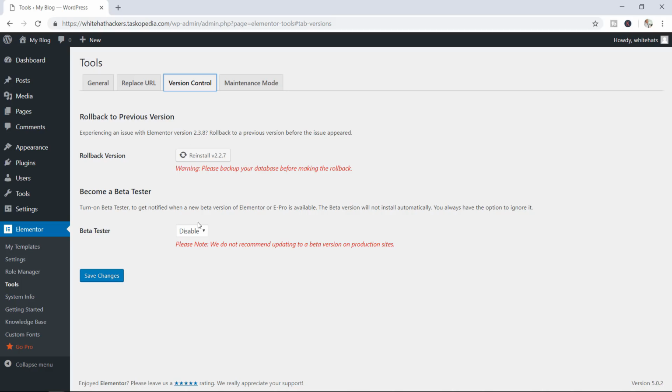Now over here, you can also opt to become a beta tester. If you're not familiar with this concept, typically whenever developers of a plugin are working on a new version of that plugin, they might want to release the beta version to people so that they can test and provide feedback. So if you're feeling bored or you're a geek like me, you can choose to opt in and become a beta tester, and you'll be notified whenever a beta version of a plugin is available for you to spend time